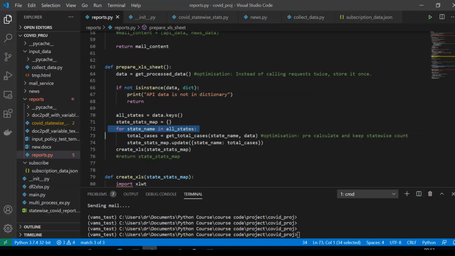I can simply loop through, get each state name, and then we have already written get total number of cases in the function. I'm just passing the state name and the dictionary that I have got from the API, and then it automatically matches the state and simply gets the total cases for that particular state.